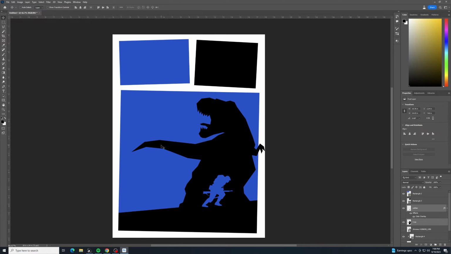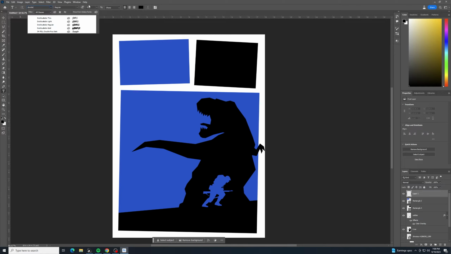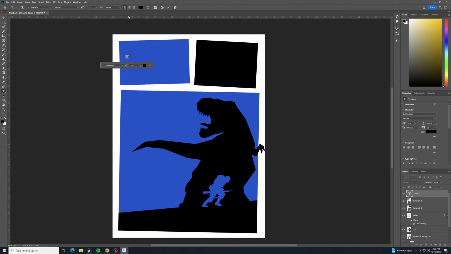Those Saul Bass posters typically have like two main colors and then maybe an accent color. So our two main colors here are going to be blue and black, and then I think white will be a good accent color for this. Now if I go up to the top and make a new layer and go to my type tool, and if I select my double bass, and I'll start off with the double bass regular size, and if I click up here,